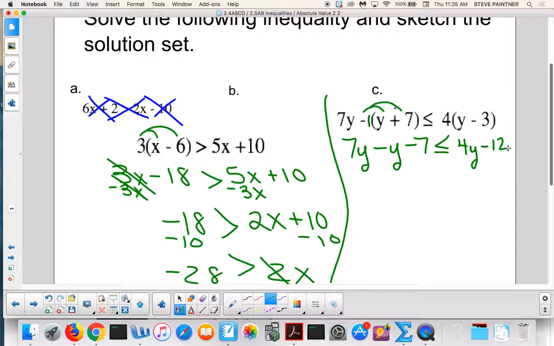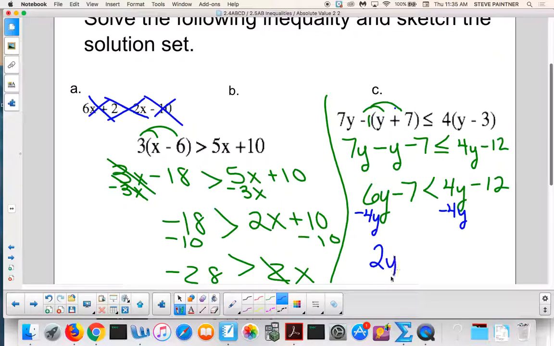Lorena, left side, what do I do? Combine 7y. Okay, so 7y take away 1y is 6y. Guys, I'm just copying it down. And then minus 4y is less than or equal to 6y. She wants to get rid of the smaller y term, which is what I would do too. I'm going to get 2y minus 7 is less than or equal to